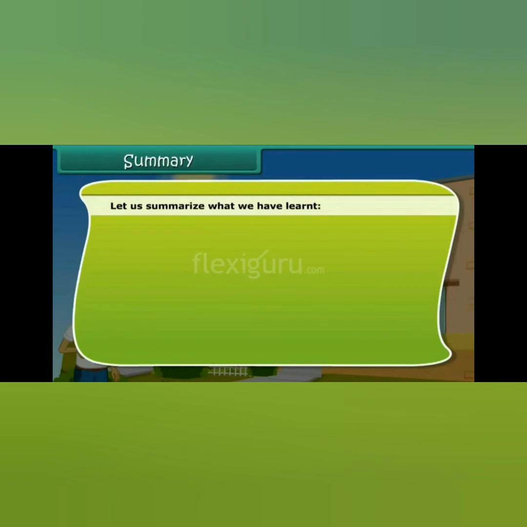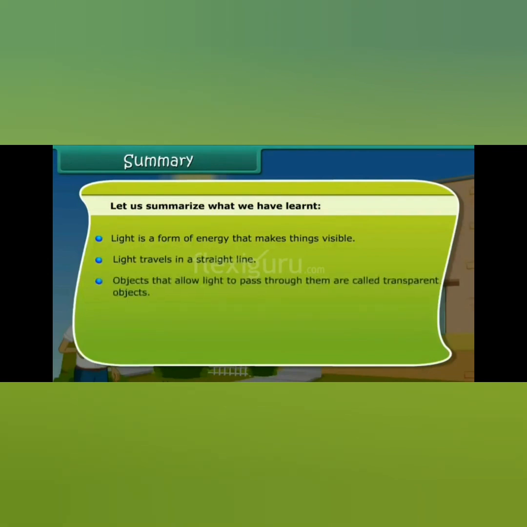ओके. So light is a form of energy that makes things visible. Light ले गर्दा हामीले देख्नु सकेको है. Light always travels in a straight line. Object that allows light to pass through them are transparent objects. Objects that do not allow light to pass through them are called opaque objects.